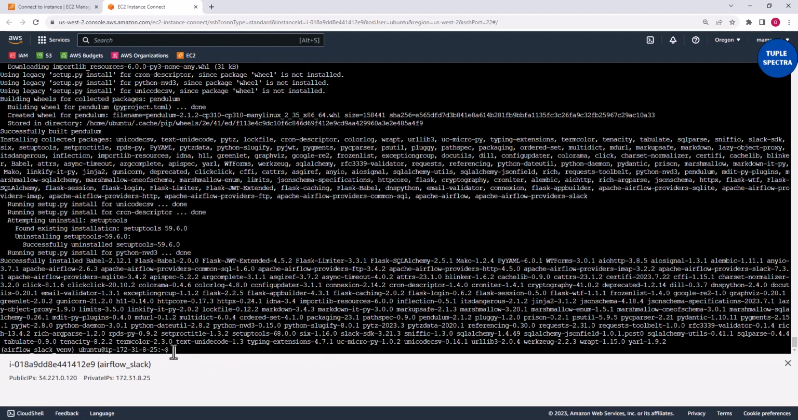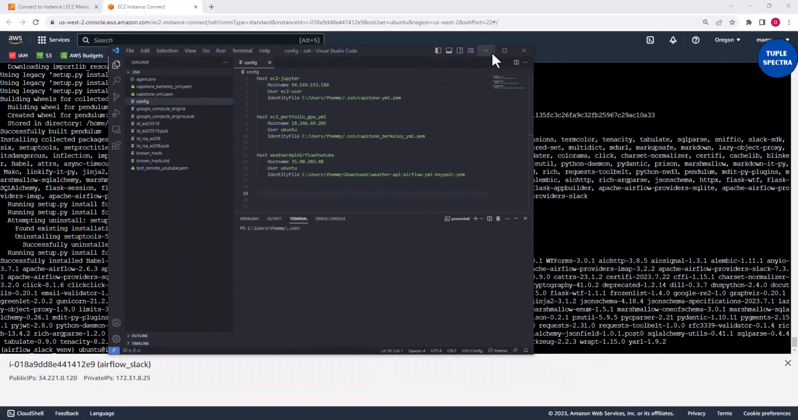Awesome, guys, this is done. Very good. If you're able to get it up to this place, congratulations, guys. Okay, now the next thing I would like to do is to open my Visual Studio Code and then connect to my EC2. Okay, so I have my Visual Studio Code right here,